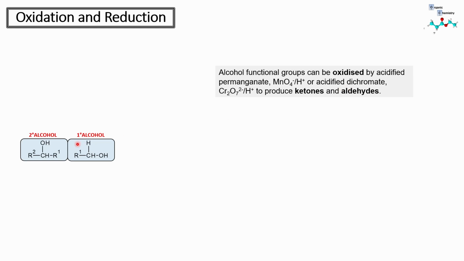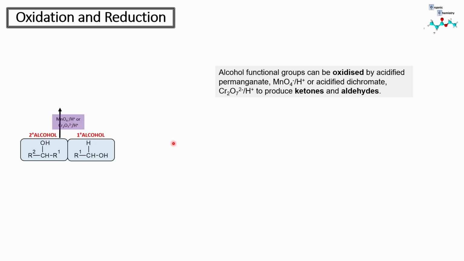Now, alcohol functional groups can be turned into ketones and aldehydes using oxidizing agents. And the common oxidizing agents are acidified permanganate, MnO4 minus/H plus, or acidified dichromate. Now, sometimes acidified permanganate can be written KMnO4/H plus, and sometimes acidified dichromate can be written